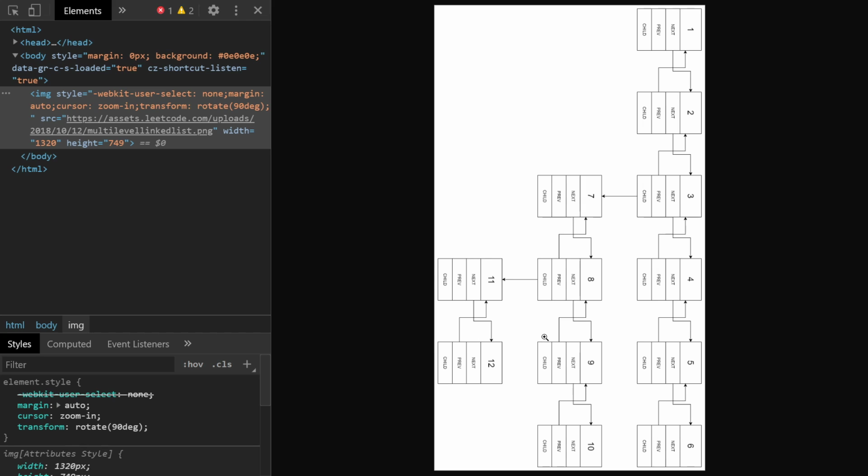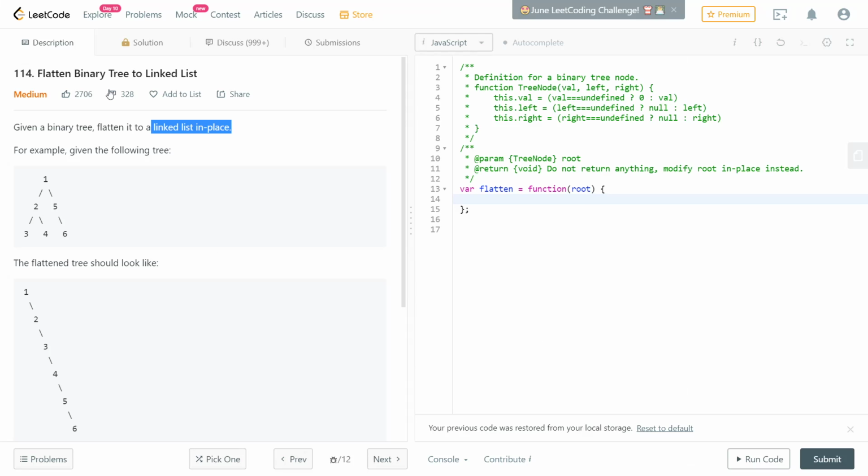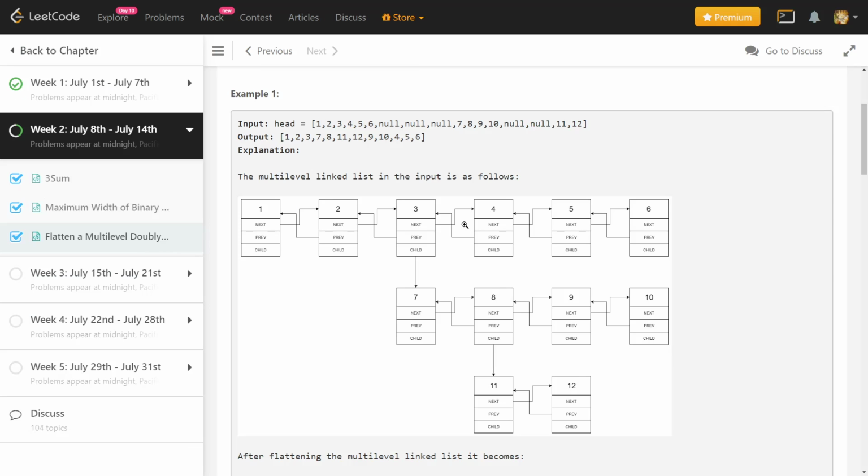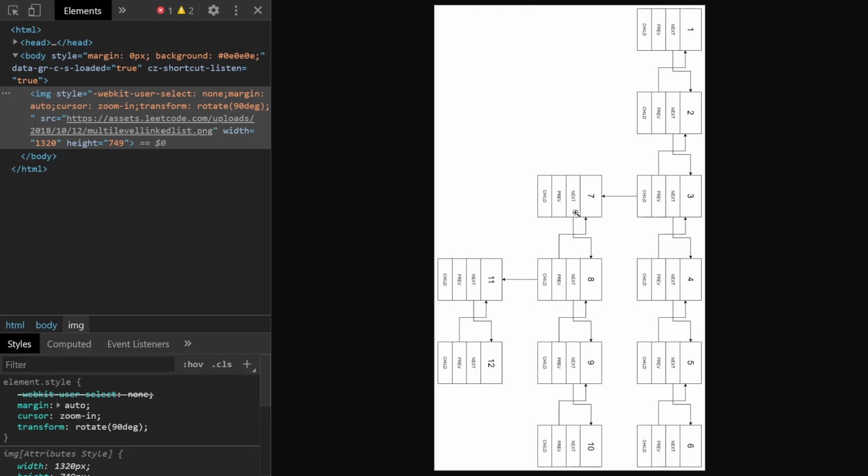That is the thing where I talked about that other question, flatten binary tree to linked list. It looks similar to this problem, that it looks like a tree where we have left and right child and we have to flatten it to a list, right?